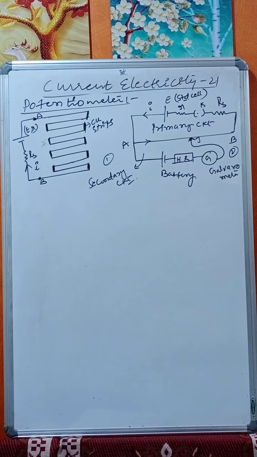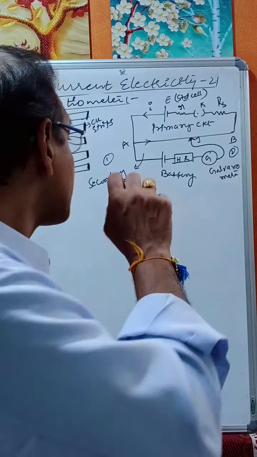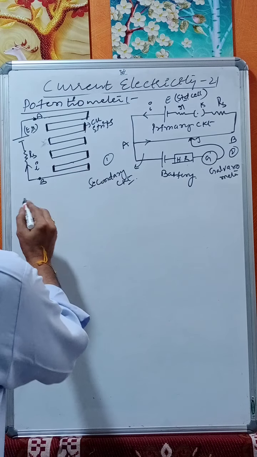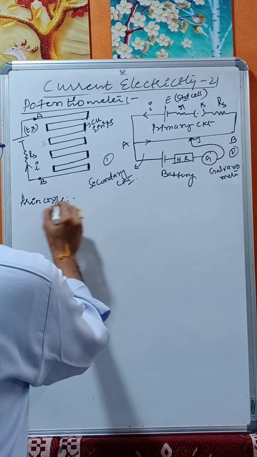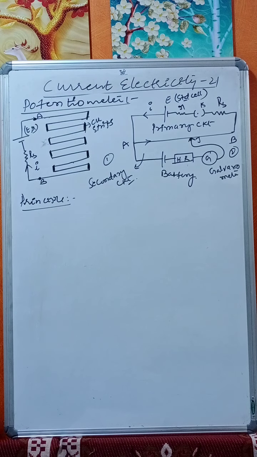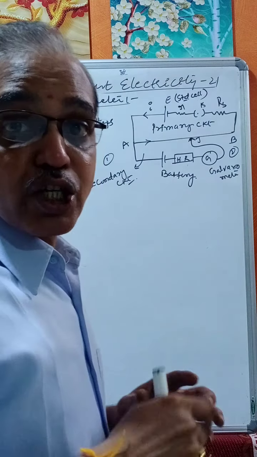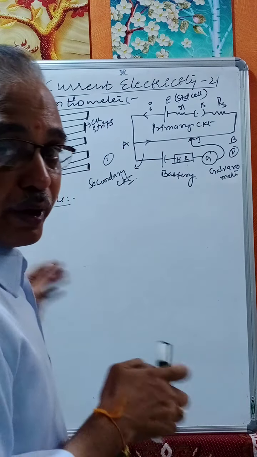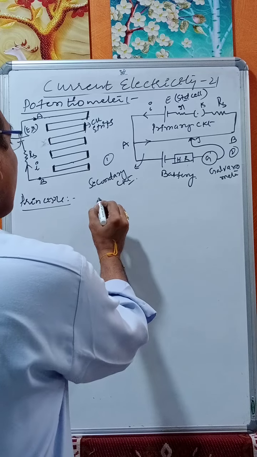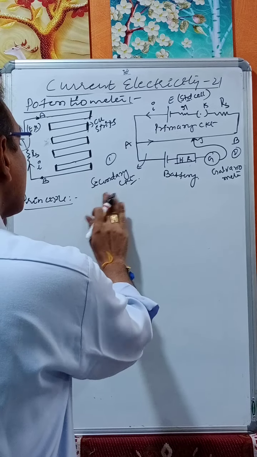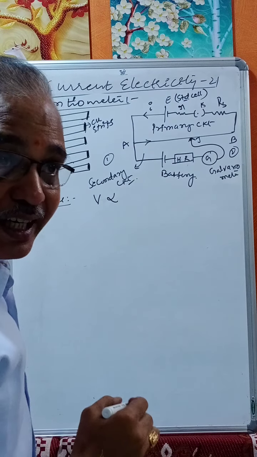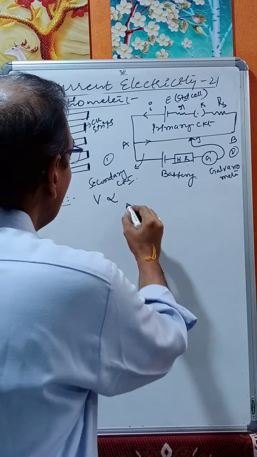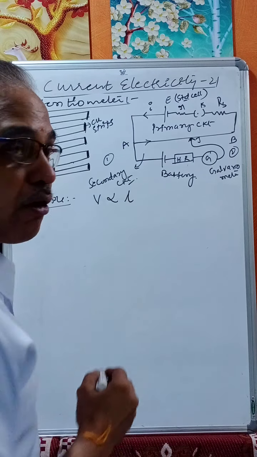Now, what is the principle behind the potentiometer? Principle, a very important one. The principle of the potentiometer is that the potential drop across any portion of wire is directly proportional to the length of that portion of wire,